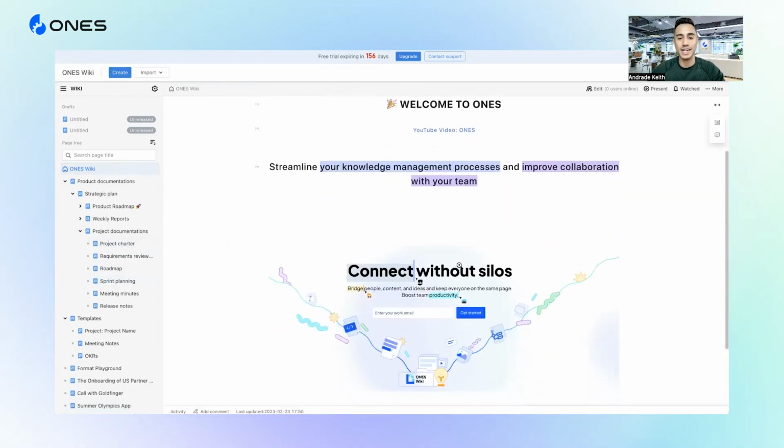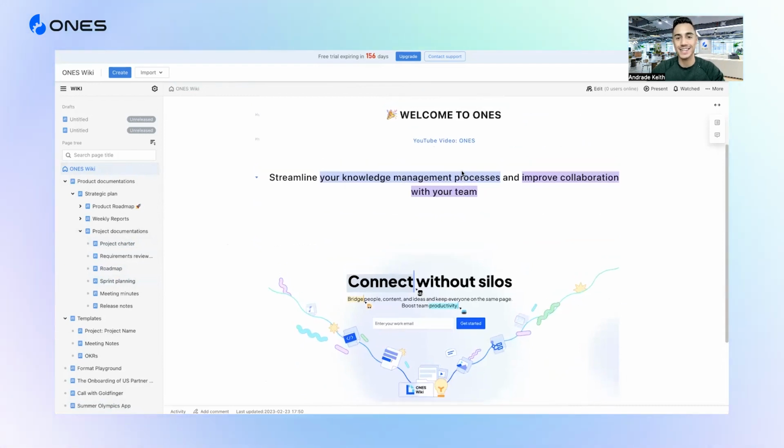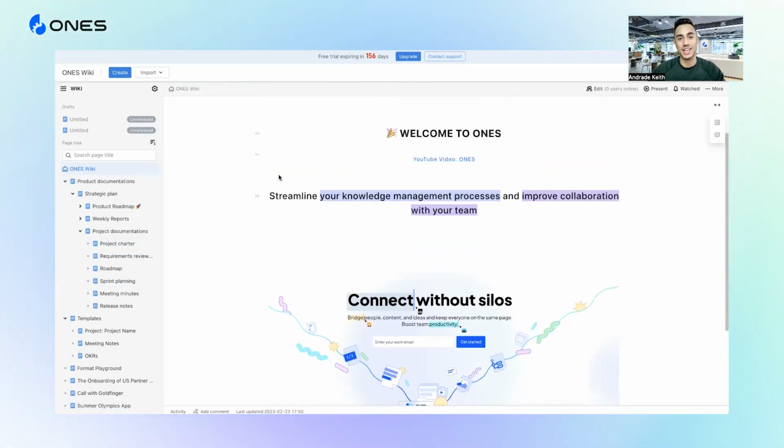So you can add right here images, highlight text. You can add a link. There's so much that you can do. Now we're almost done. There's one more product I'd love to show you. Let's go back